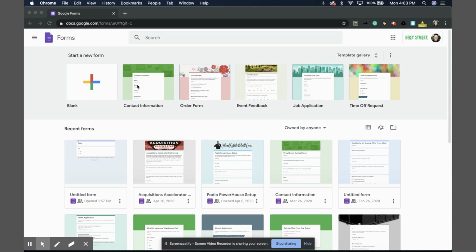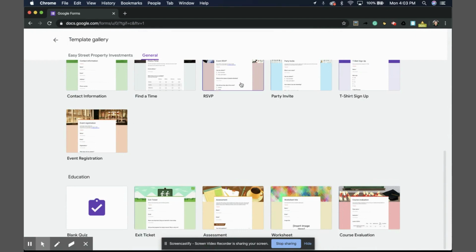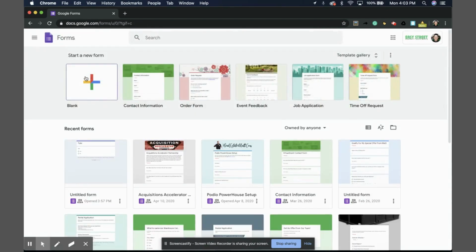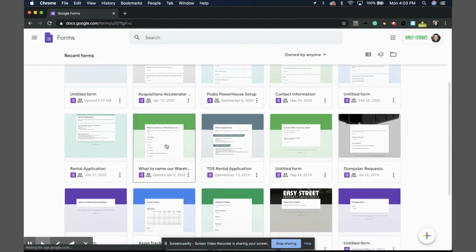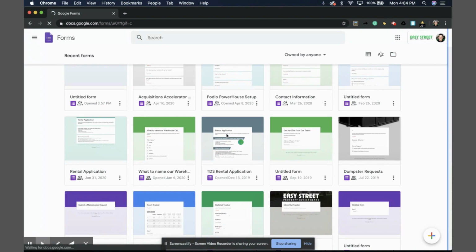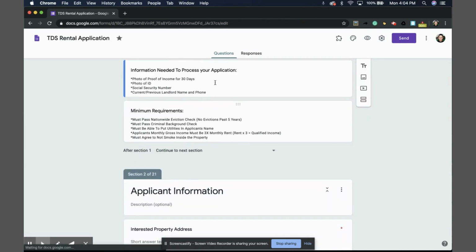They're really easy to set up, and there's even a bunch of pre-built templates. If you go to docs.google.com/forms, you go to the template gallery, you can see some pre-built ones to get some ideas, or you can just start from scratch and start a blank one. I'll give you an example of one that I have for a rental application. So I posted something on Zillow for my rental, and people to apply have to come to this form and answer all my questions. They can see my requirements,